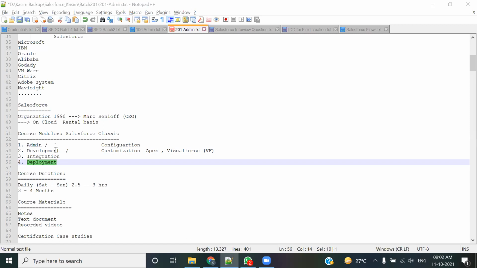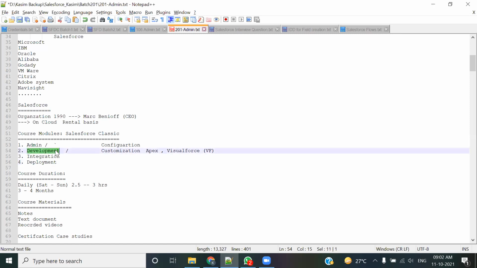Should I go and learn Java? Should I go and learn C++? Should I learn C programming for the development part? What should the prerequisite be? What knowledge of programming should I have? My answer is that you actually don't need to learn anything, because what you are going to learn is something